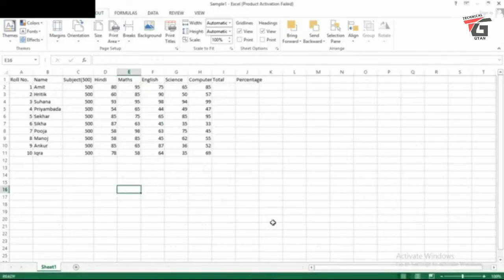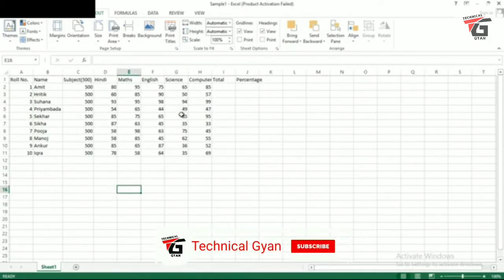Program. You can see this is the Excel program open on the screen. This program contains some data entered into it. You can see on this worksheet I have entered data for creating a mark sheet. You can see the roll number, name, subject names and marks obtained in the subjects by different students have been entered already. I hope all of you know how to enter the data in the Excel sheet.